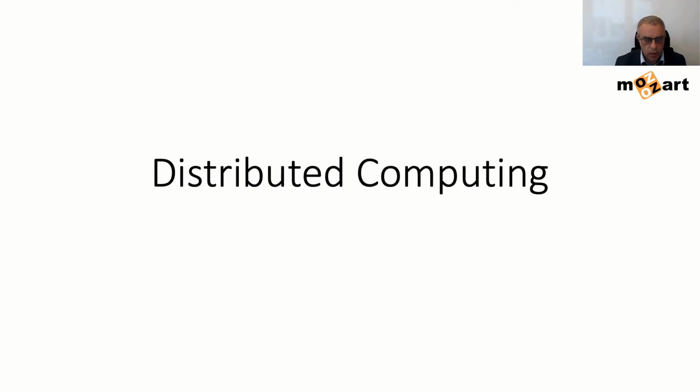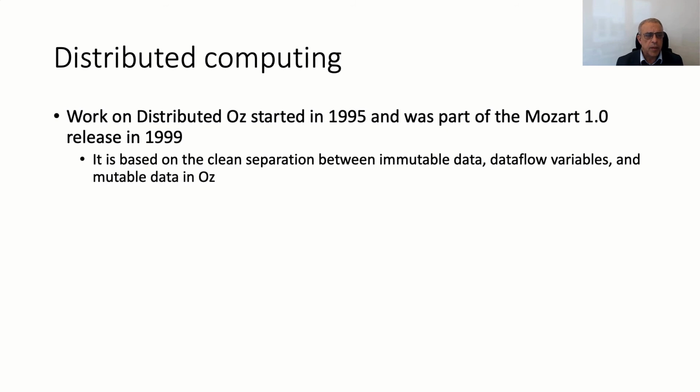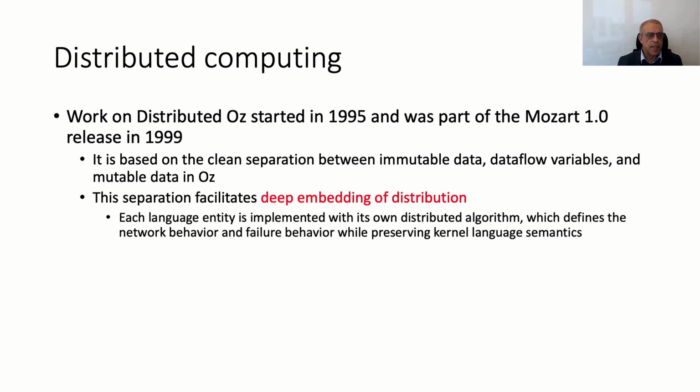Distributed computing in Oz. The work on distributed Oz started in 1995 and was part of the Mozart 1.0 release in 1999. It is based on a clean separation between immutable data, data flow variables, and mutable data in Oz. This separation facilitates deep embedding of distribution. What is deep embedding? Each language entity is implemented with its own distributed algorithm or protocol, which define the network behavior and failure behavior while preserving